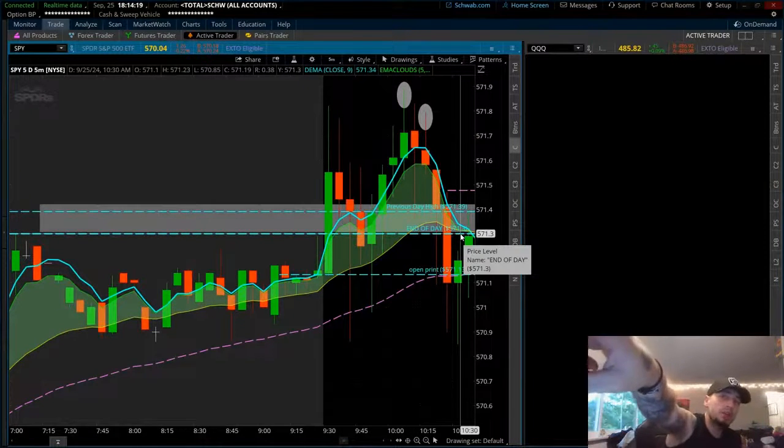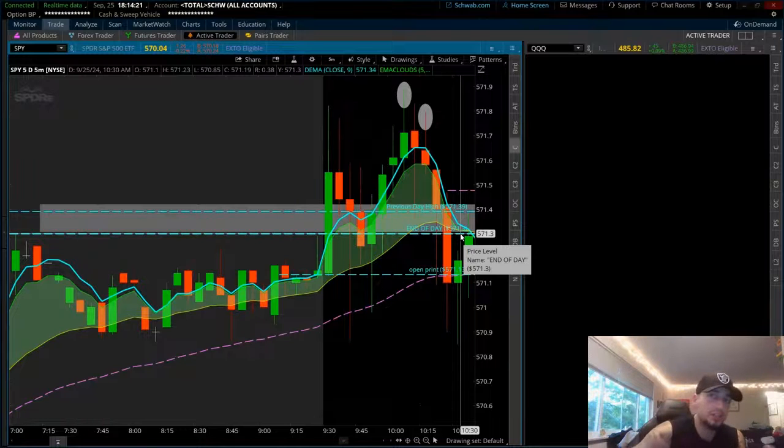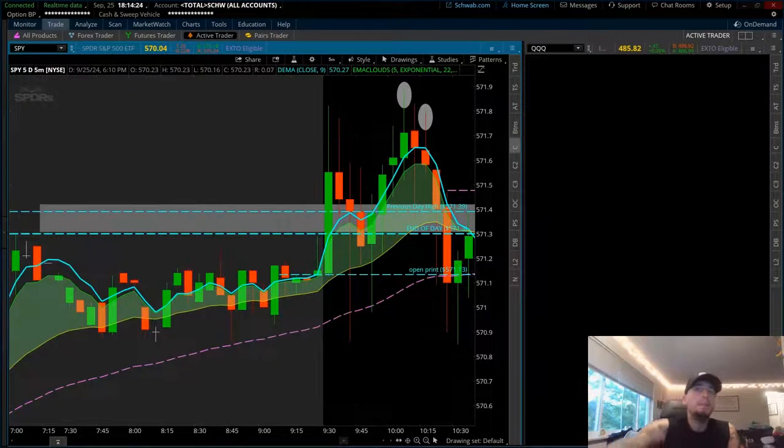Once this candle closes, I'm in the market short. Why? Because this candle ripped into PDH, ripped into the end of day, and then closed below it. What's that telling me? That's literally telling me that buyers showed up, they tried, but sellers had enough muscle, enough power to push price down below end of day and close below it.